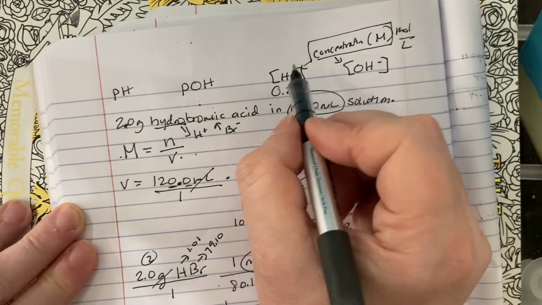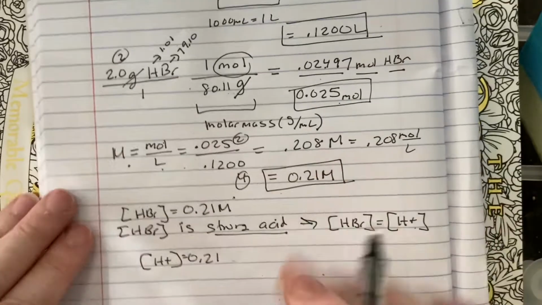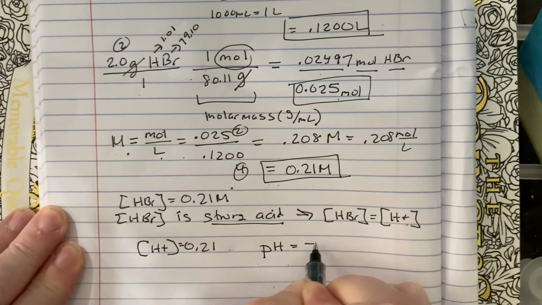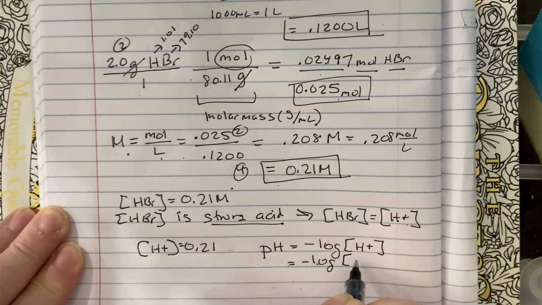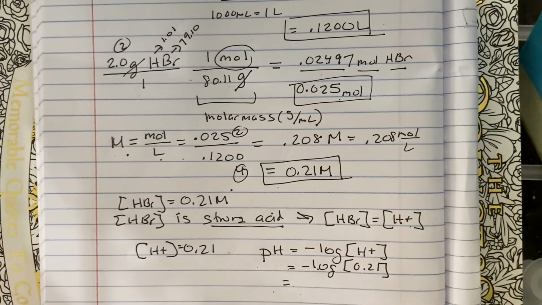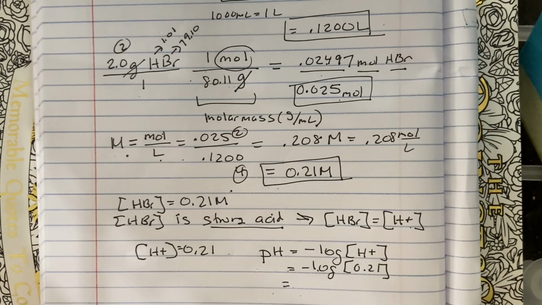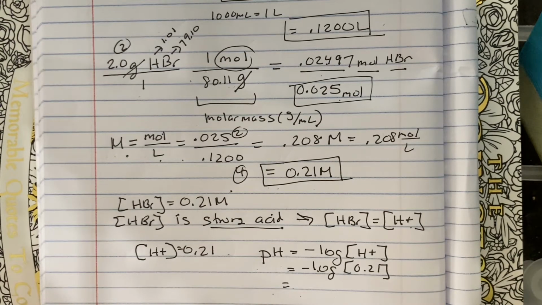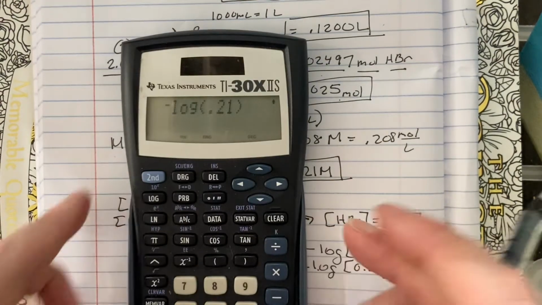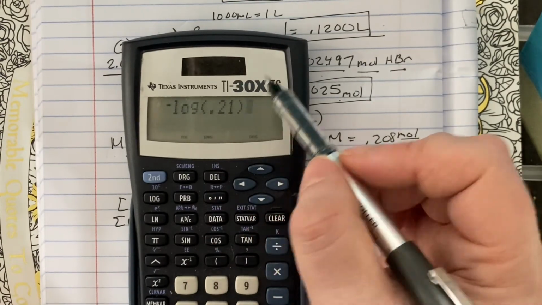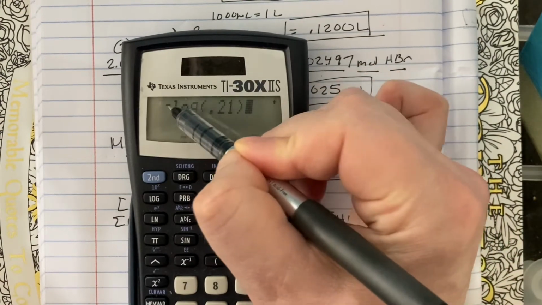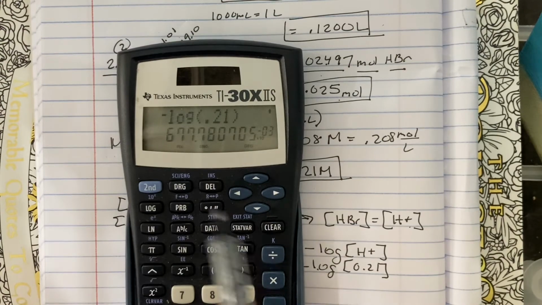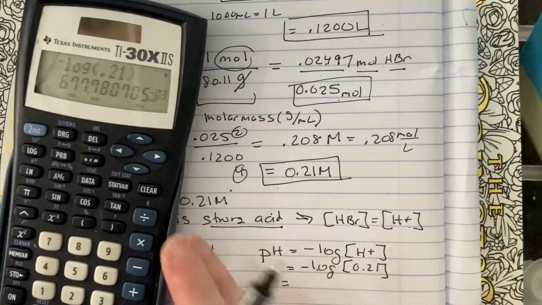What's my only conversion I can do from here? H+ goes to pH. pH is equal to negative log of the concentration of H+. Negative log 0.21. So my calculator, it looks like that, negative log 0.21 in parentheses. If you're using your phone or another device, it might go the other way around. You might hit 0.21, then the log button, and then the minus button. And that's going to give me 0.677